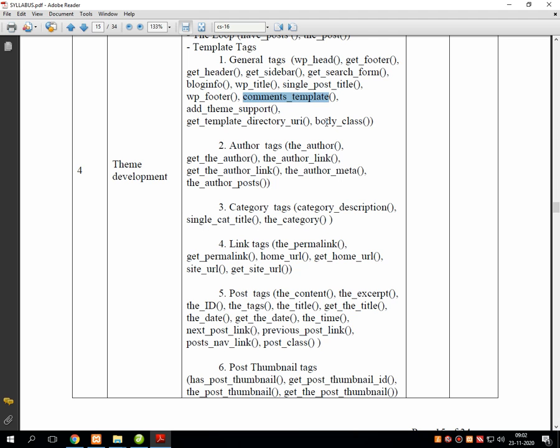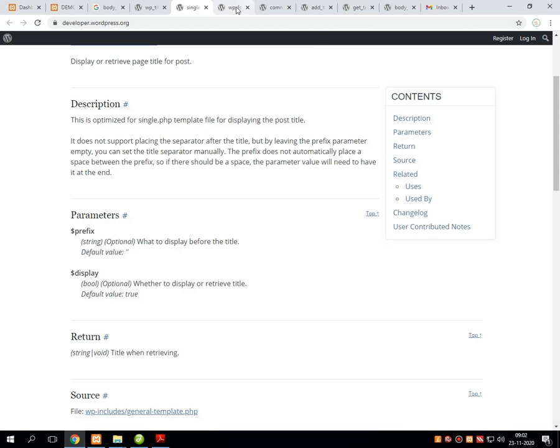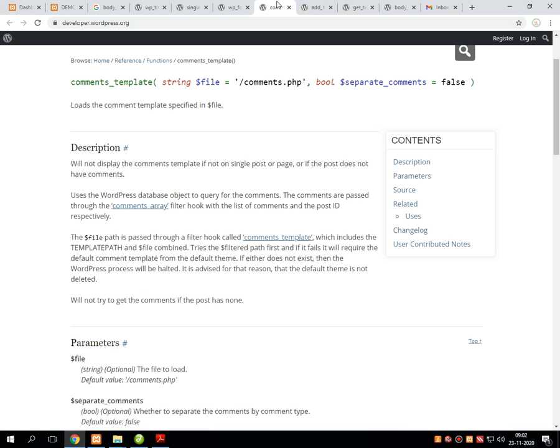Now as the name suggests, this comment_template is related to the comment section of the entire web page. As we know, users can provide their valuable comments on the post which is created by the administrator. All those comments are handled by the administrator on the admin part. So this particular WordPress hook will display all those comments onto the screen, and this particular function is mainly handled